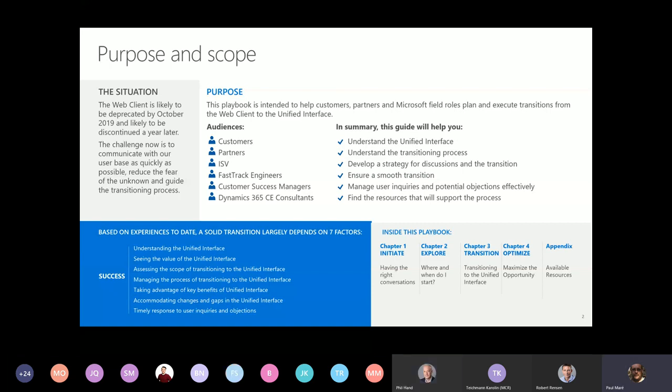So I think the challenge for our projects and our deployed solution at the moment is to communicate with our user base as quickly as possible. When something changes, we always have the fear of the unknown. I think if we guide the transitioning process, there's some exciting stuff happening and a lot of things that we can take advantage of. This playbook, the PowerPoint deck that supports my presentation today, will be available as a download